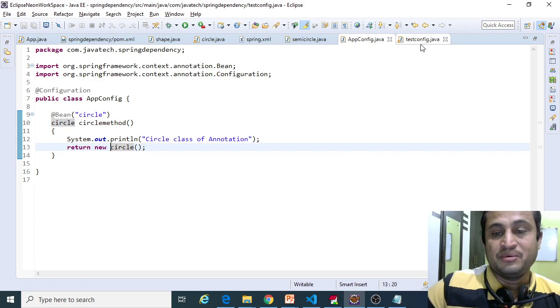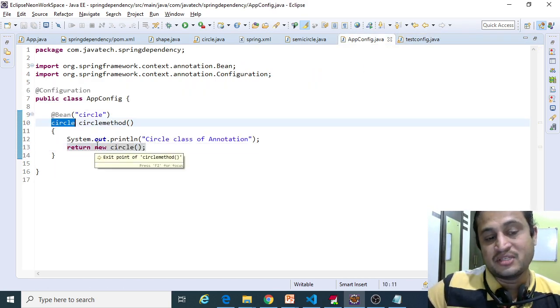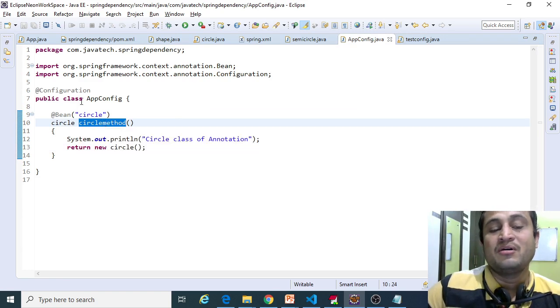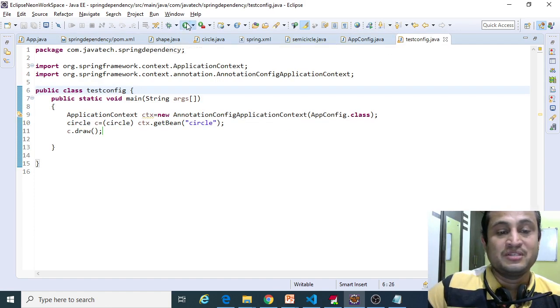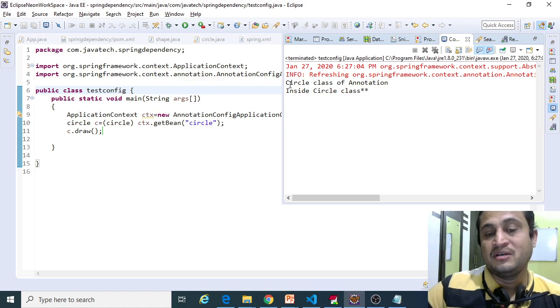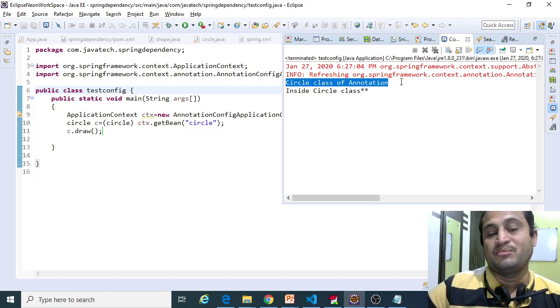So let me run this application. What I have done is return this particular circle object, whenever we implement a factory method. You can name it any method name, but whatever you registered, you need to return that same object. Now we can see the circle class annotation output I demonstrated, and it has printed the same.